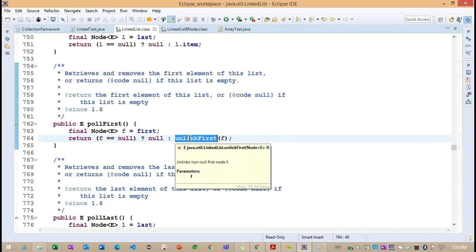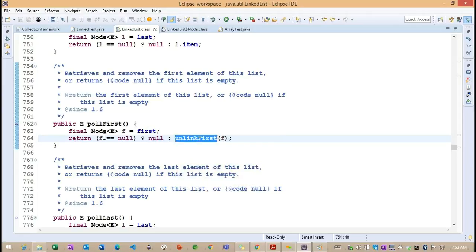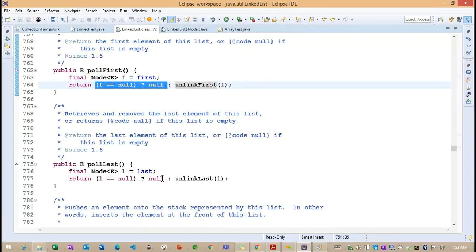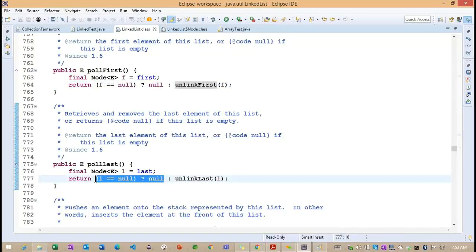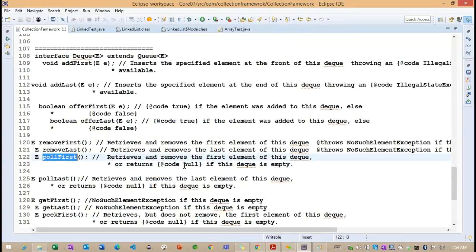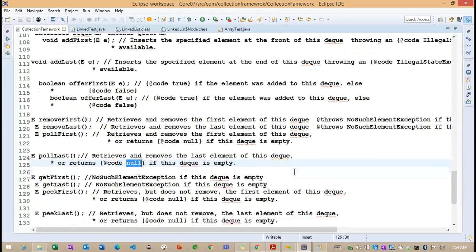In both cases they call the unlink first method, but the only difference is that if f is null, remove first throws an exception. But poll first works with the ternary operator, and with the help of this ternary operator it returns null. In the same way, it is applicable for poll last also, and poll last will return null.